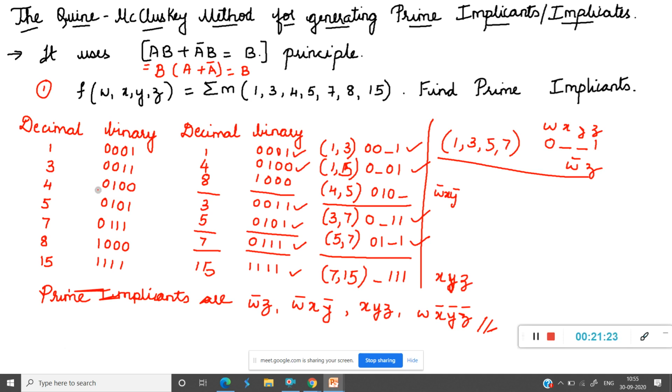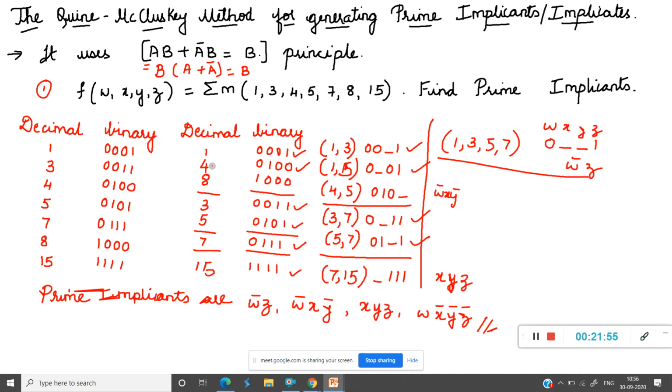Okay, students, once again I will explain this shortly. Okay, see first what is happening here. First the problem statement will be given. Okay, we have to find out the prime implicants using Quine-McCluskey method. Okay, first list all these decimal numbers. Next, put them in the binary form, first one. Next, put them according to the number of ones present in the binary form.